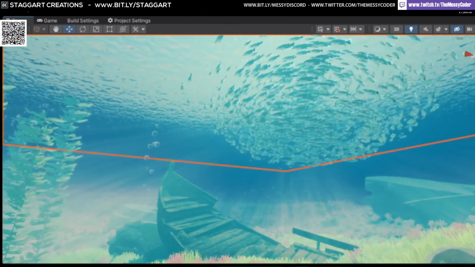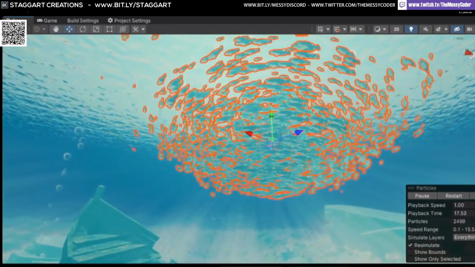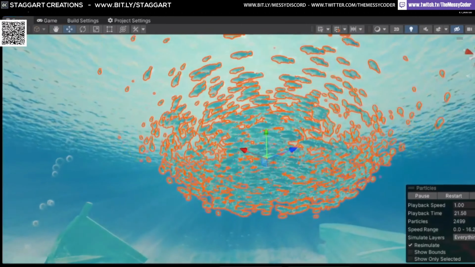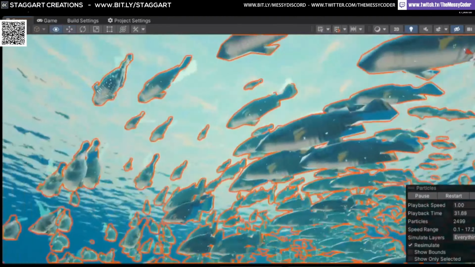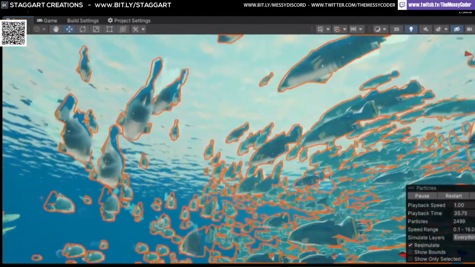Whose fish are those? Well, funnily enough, you can do this with a basic particle system. Velocity over lifetime has an orbital speed, so you can make them go in a little shoal circle. The fishies use a little animated shader that makes their tail wiggle.